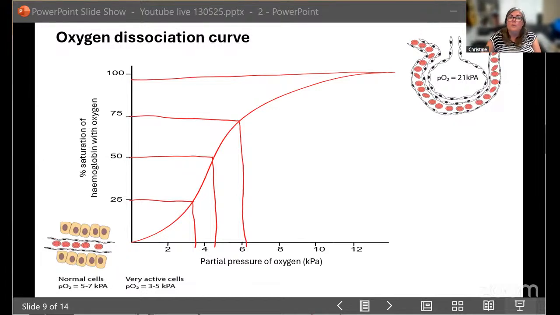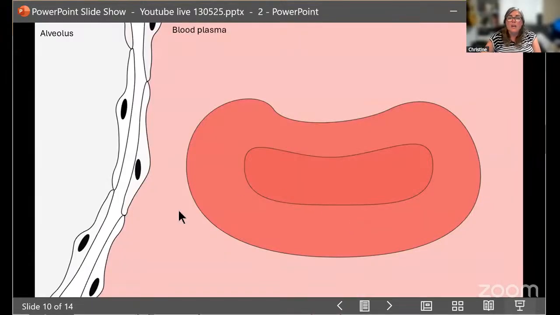So you want to use the graph that they have given you and those values. But what's actually happening, and this goes back to your chloride shift question, is the oxygen is going to diffuse. Now, remember, you've got your alveolus, which is one cell thick. You've got your capillary, which is one cell thick. So we have a short diffusion distance. The oxygen is going to diffuse across, and the oxygen binds with the hemoglobin.